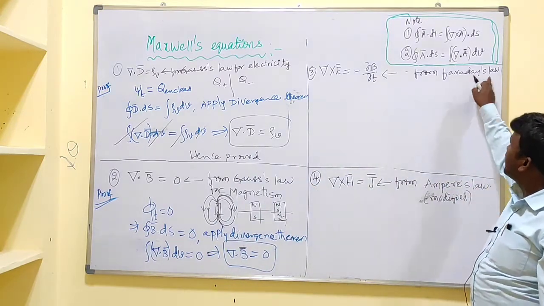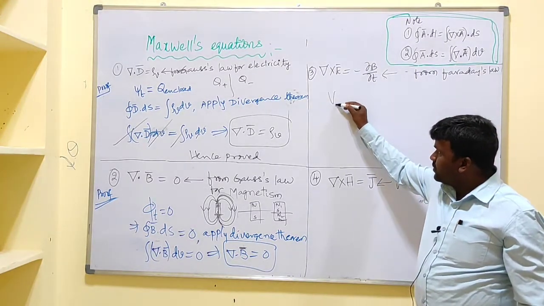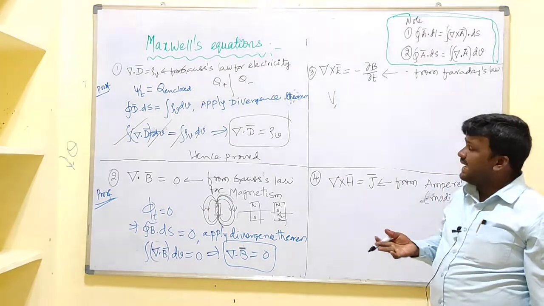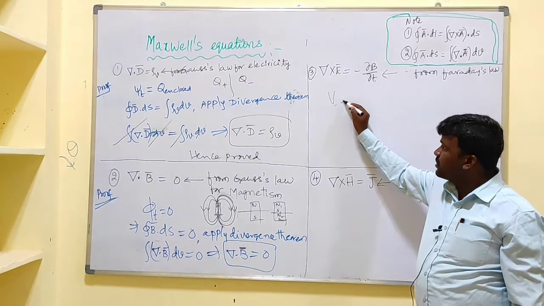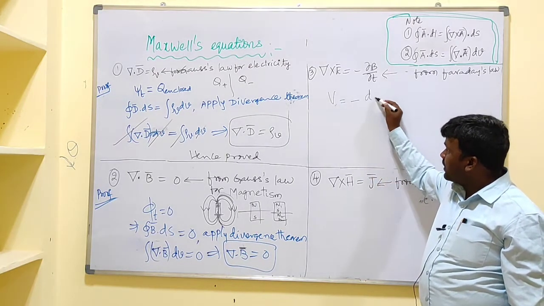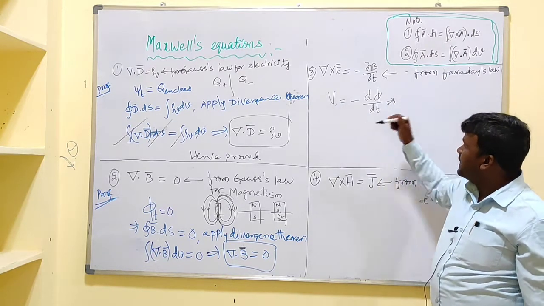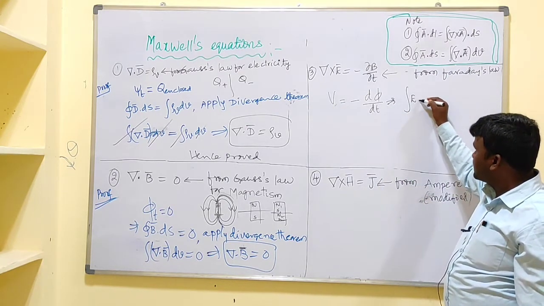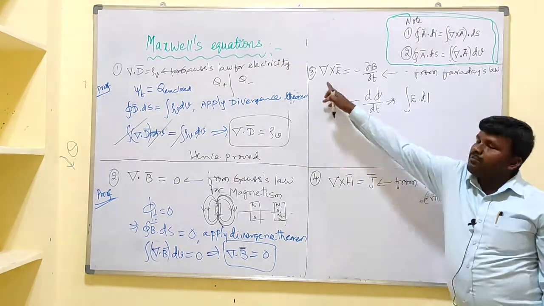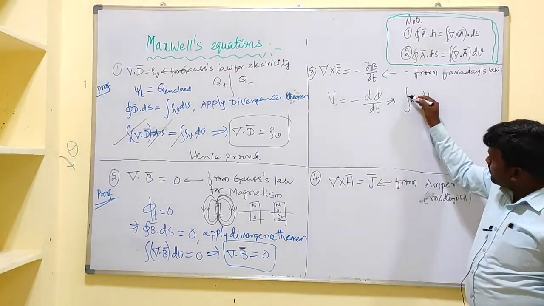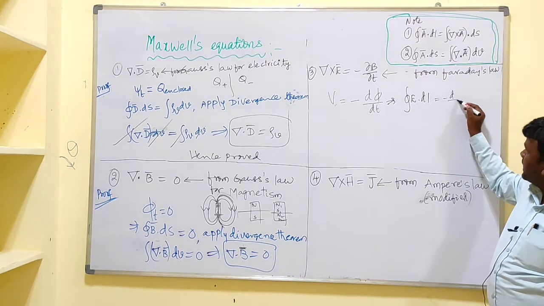And coming to the Faraday's law. What is Faraday's law statement? Electromotive force or voltage in a closed circuit is equal to what? Decrement of time rate of change of the magnetic flux linkage. This can be written like this. Here V can be written in terms of E like this, that is integral E dot dl. This is what? EMF, induced EMF in a closed circuit, means what? We need to take closed path like this, that is closed line integral, and here minus d by dt.